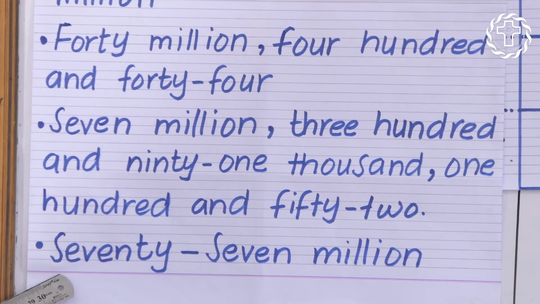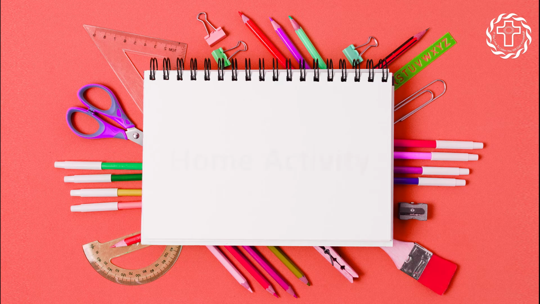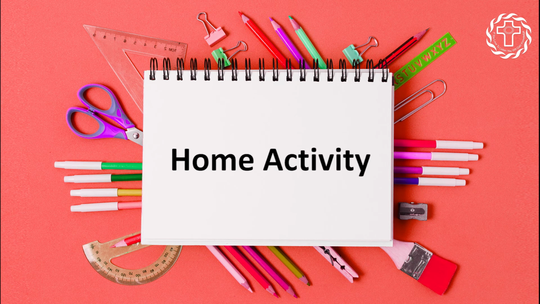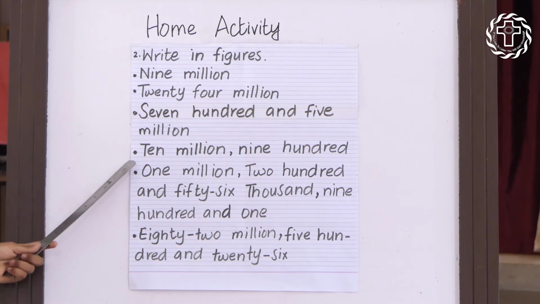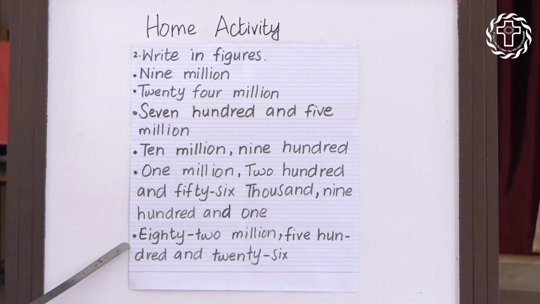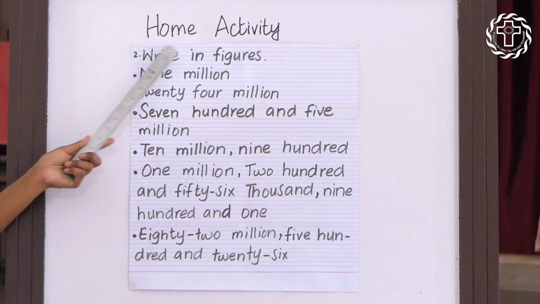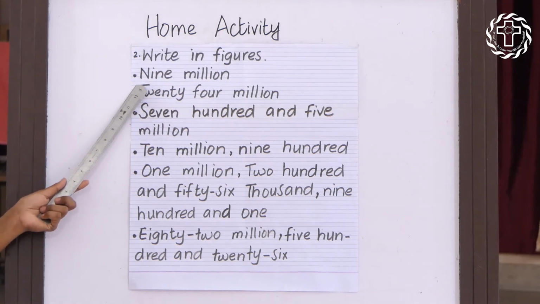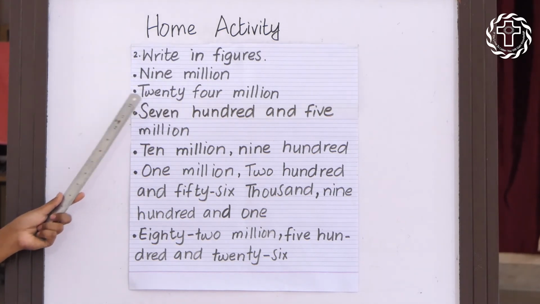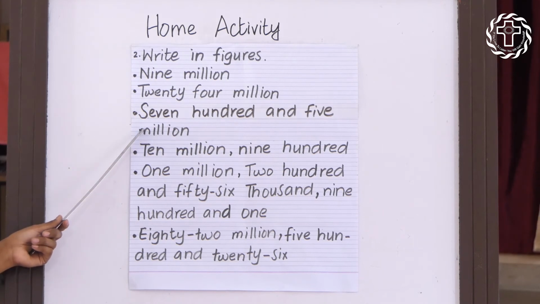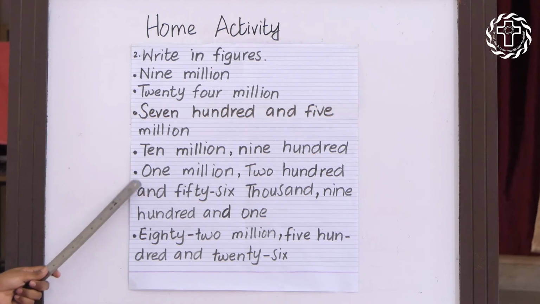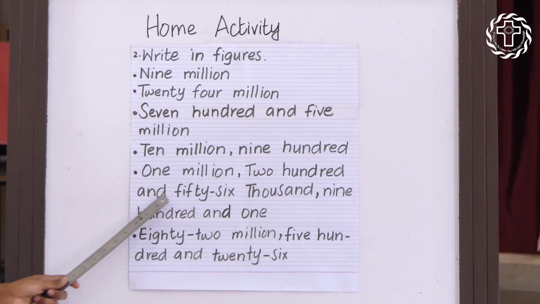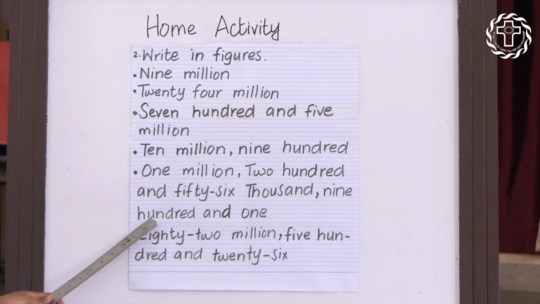Copy the rest of the questions in your notebook and solve them as activity 1. This is your home activity. Copy these questions in your notebook and solve them. Write in figures 9 million, 24 million, 705 million, 10 million 900, 1,256,901,